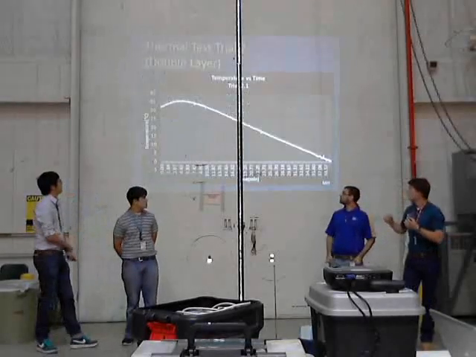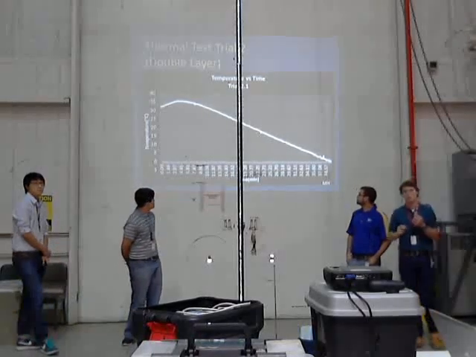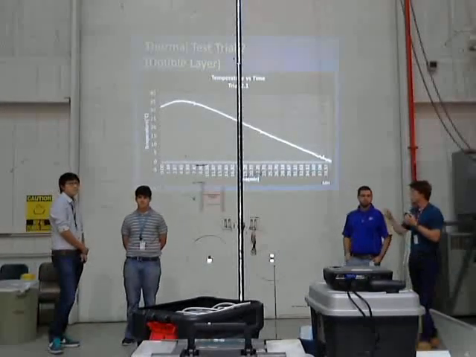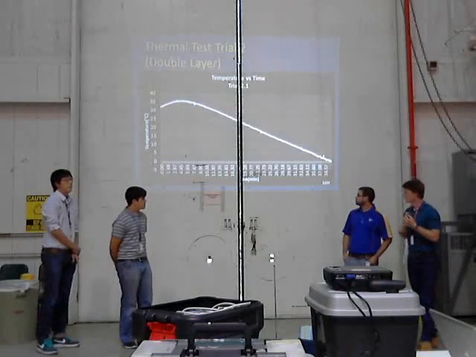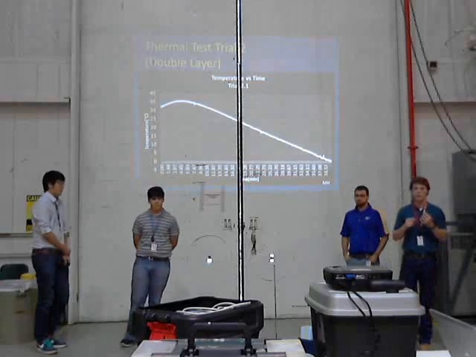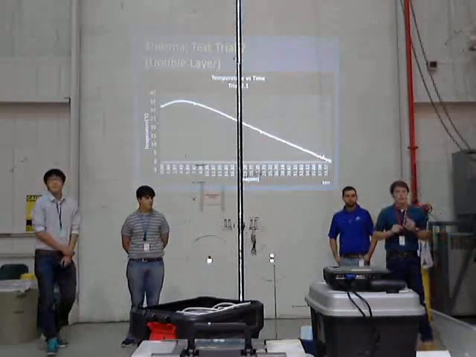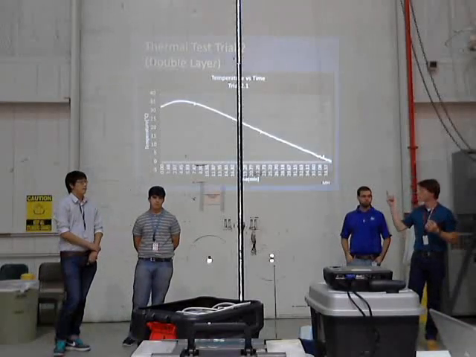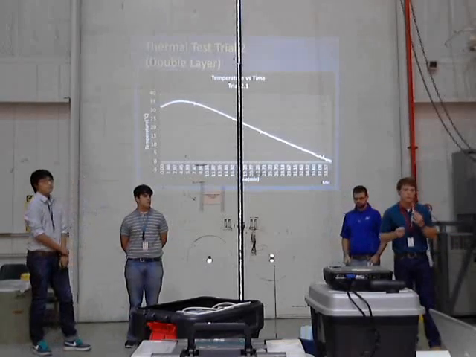So this was our most productive test here. This was with 2 layers and with a hand warmer involved. We decided not to use the hand warmer. We'll talk about that later. But we started out at 32 degrees Celsius, and it took a little over 40 minutes to get to 0 degrees Celsius, which at that point our components would fail. And so this was with 2 layers, both of them 1/2-inch layers.